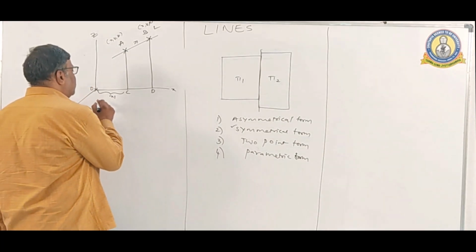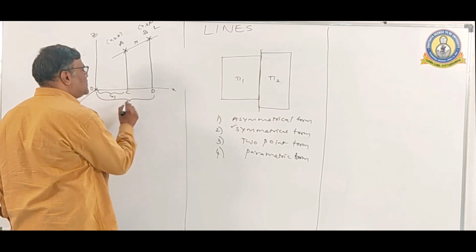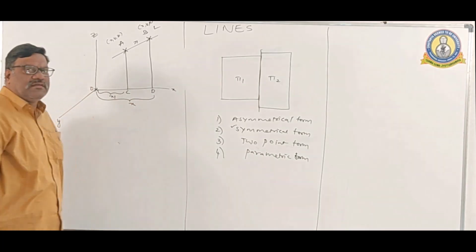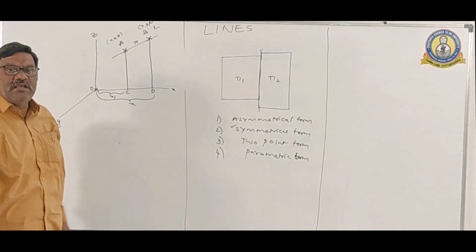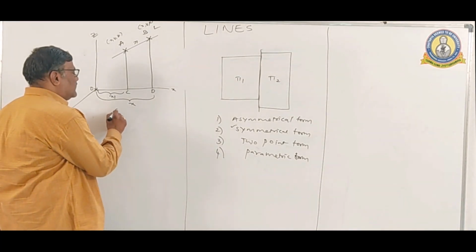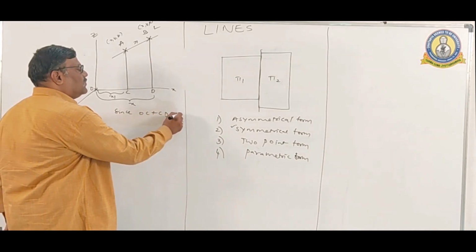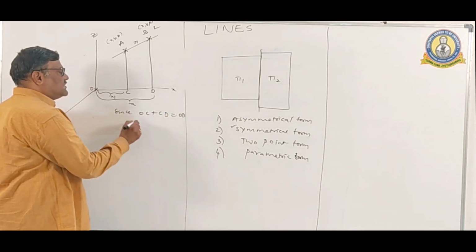Similarly, the distance between O and D is x units because the coordinates of B are x, y, z. From geometry, OC plus CD is equal to OD,